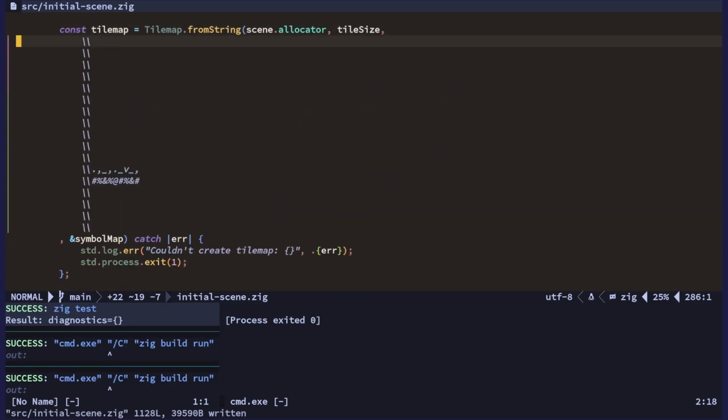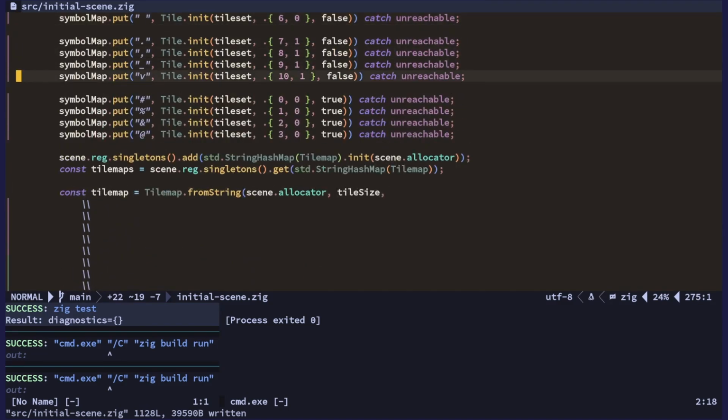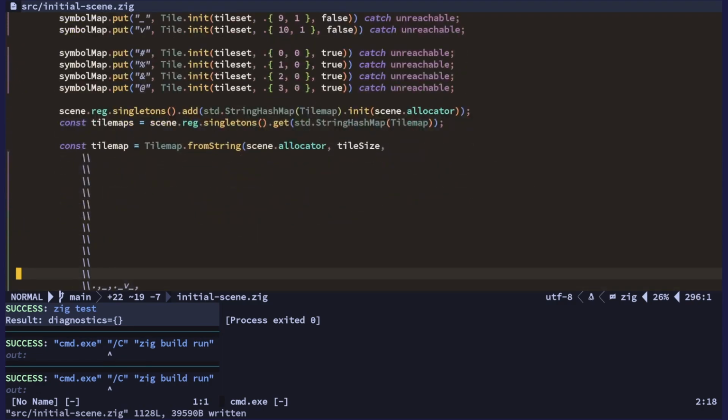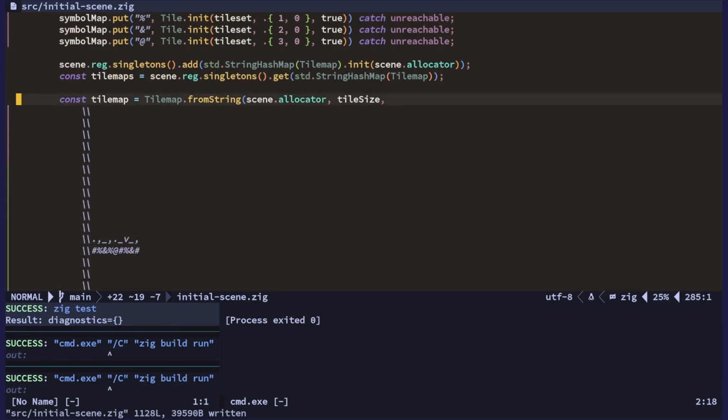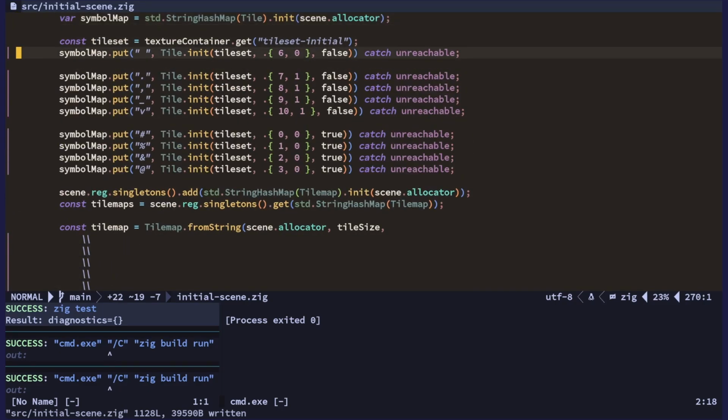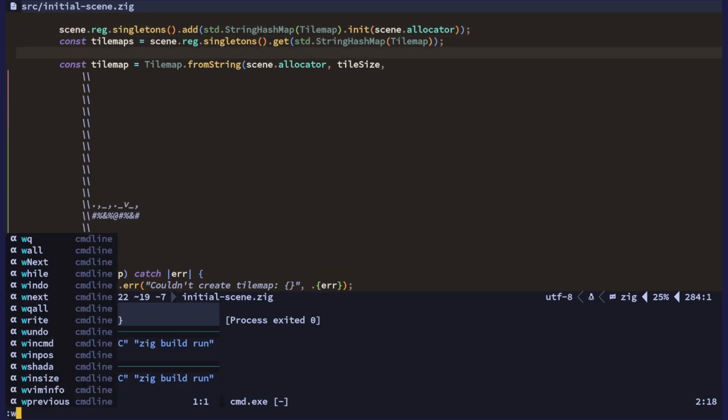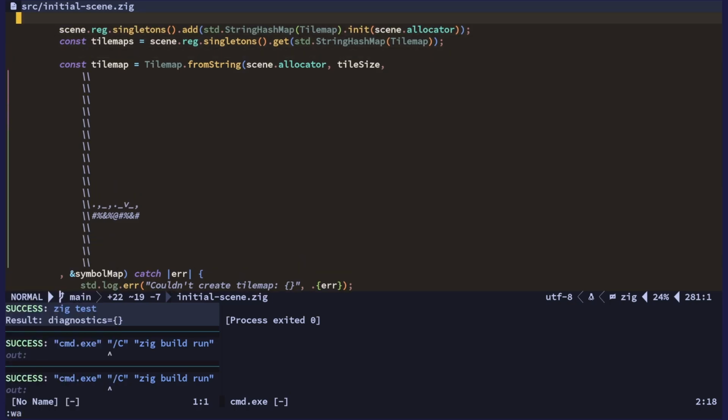And yeah, well, it's actually basic. It's sort of copied. We should probably have like a tile type that's like a pointer into a tile instead of having the actual tile information stored in every tile part. So we should probably just have this symbol map stored in the tile set itself instead of having the tiles, because it takes up way more than it needs to in memory. But anyway, I mean,